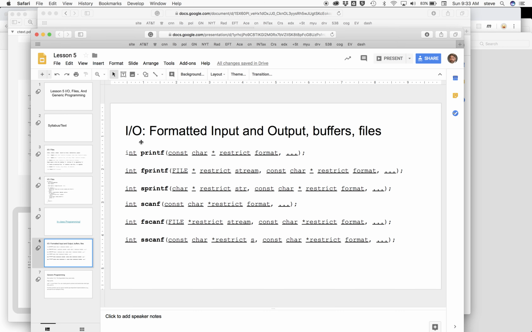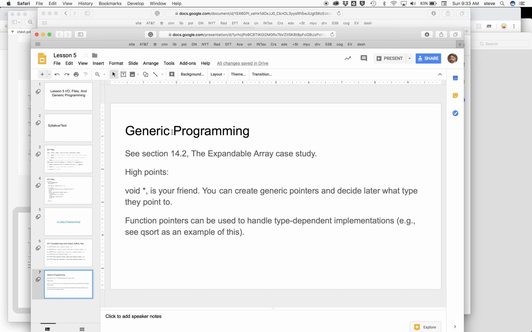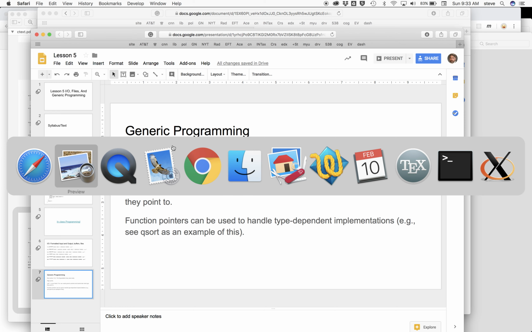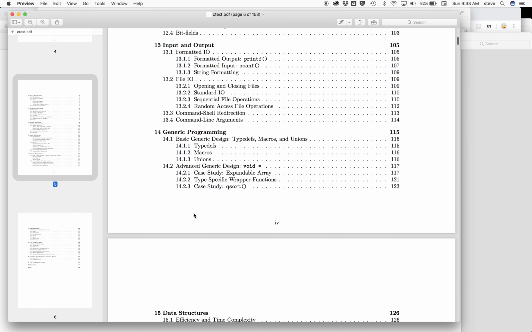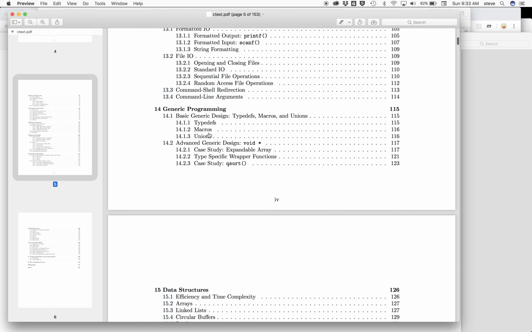Then to print output, we've already seen printf. There's also fprintf to print output to a file. There's sprintf to print output to a character buffer. And then the inverses are scanf, fscanf, and sscanf. Finally, there's a section in the text on generic programming, which is chapter 14. I think it's useful if you could look at that before we get into class on Monday. I'll talk to you